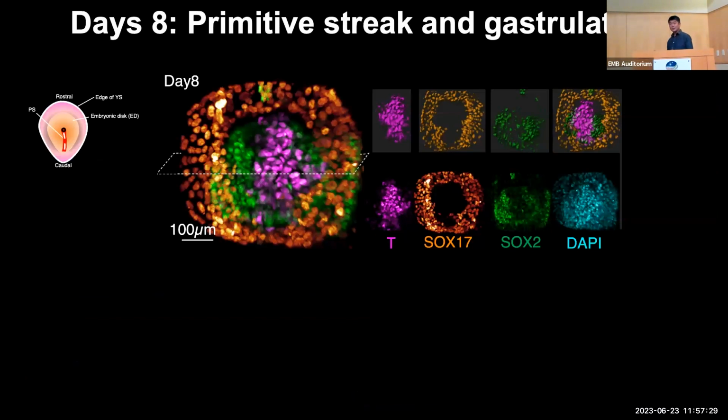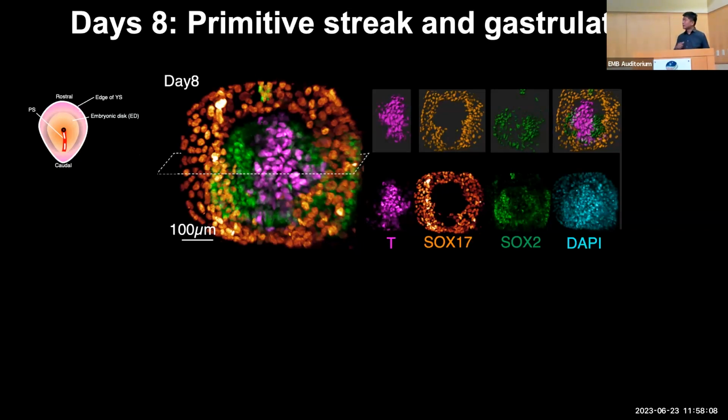So day 8, that's where we start to see gastrulation. Gastrulation is characterized by the ingression of the epiblast cells to become mesoderm and endoderm cells. The marker for gastrulation is T, brachyury. In some of the structures, we can see these T cells starting to be expressed in the middle, surrounded by the SOX2 positive cells, and outside are SOX17 positive cells that are either the yolk sac or the